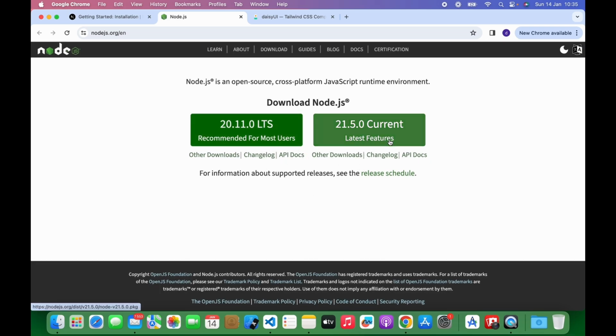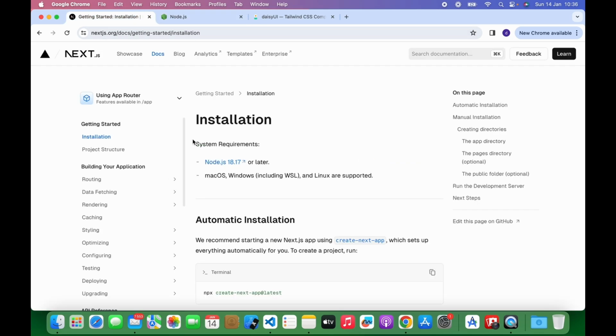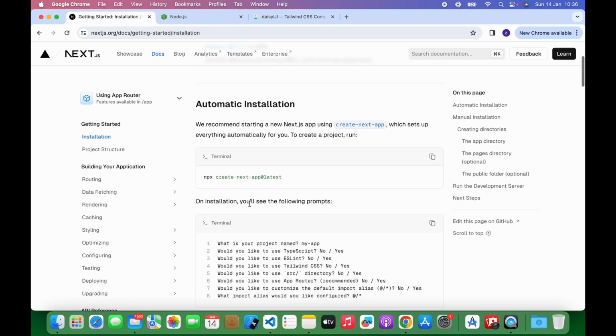So it's just going to depend on what system you're using. If you're using Mac, you're using Windows, it auto detects and then you install. So I usually use the current version, and then once you've done that, you come here. I've already installed Node.js into my system, so I just come here, get this command, so copy it,